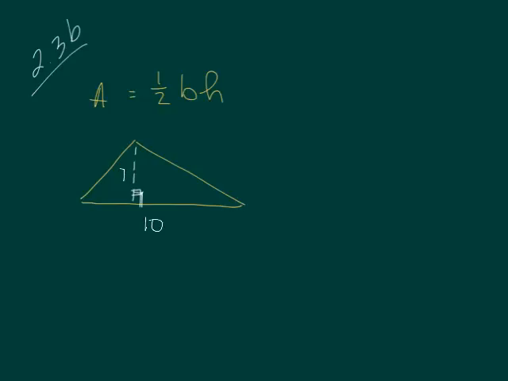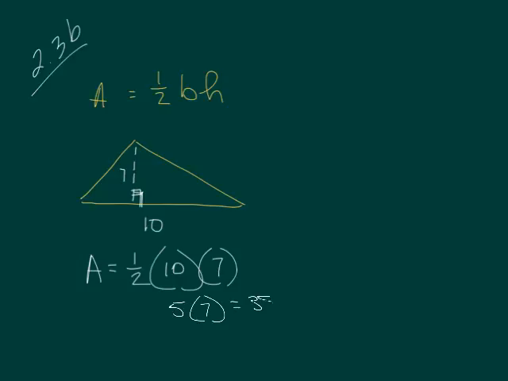So if they say that the height is 7 and the length of the base is 10, then my area is going to be 1/2 times the base times the height. So what I would suggest doing for this particular one is, if you have one of the numbers that you're multiplying 1/2 by is even, like the 10, just take half of that and then multiply that by 7